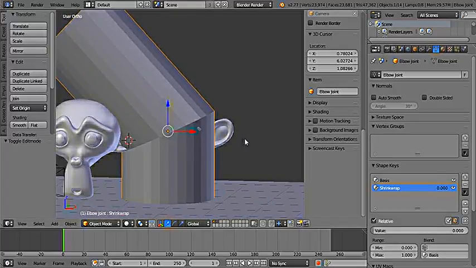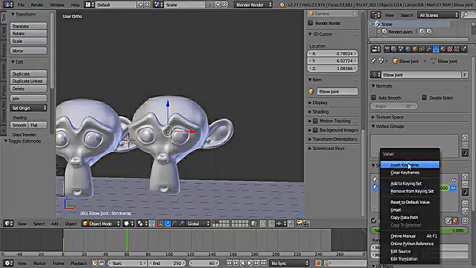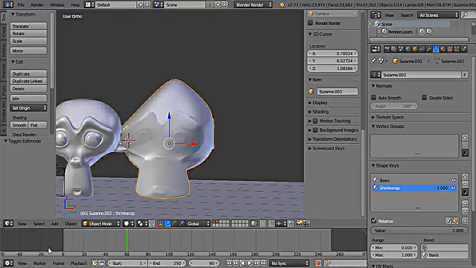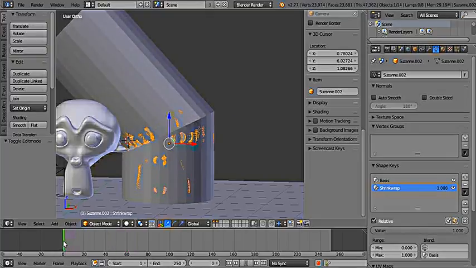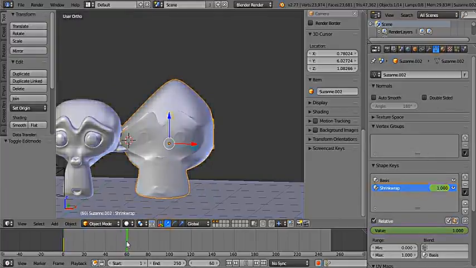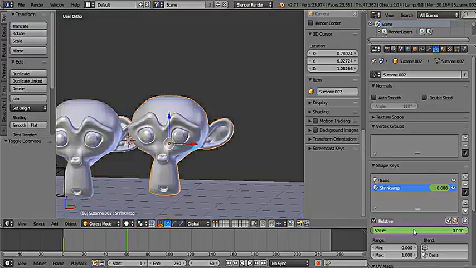So let's do a quick animation of this. Insert keyframe, make it up to 60 frames. Doesn't have to be 60 frames, I'm just using 60 frames. That will be the first one. Insert keyframe, and of course the ending. So now if you play that back,